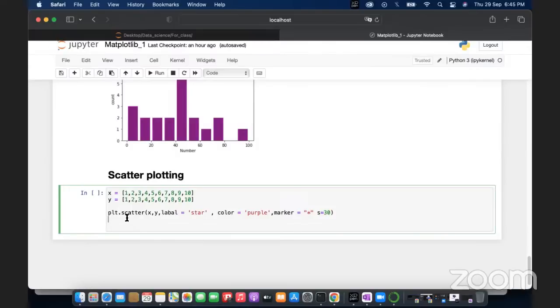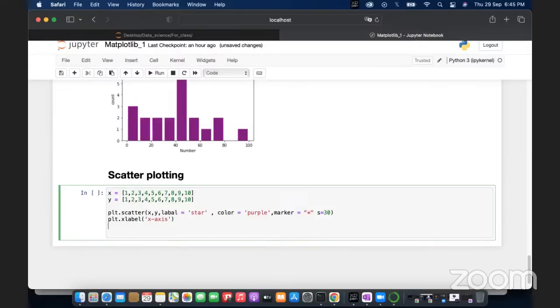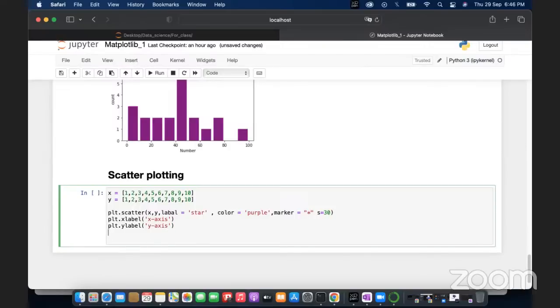Okay, so just plot, my x label is x axis, plot my y label is y axis,